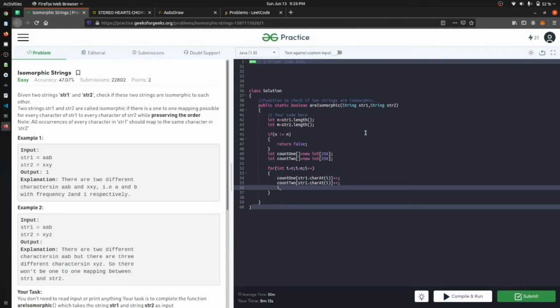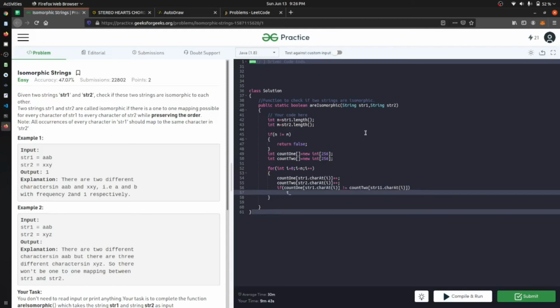Okay, and we will just check if count 1 at str1 dot char at i, okay, is not equal to count 2 at str1 dot char at i. Okay, if it is the case, we'll just return false.